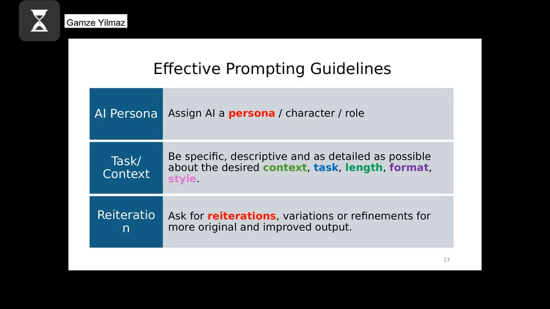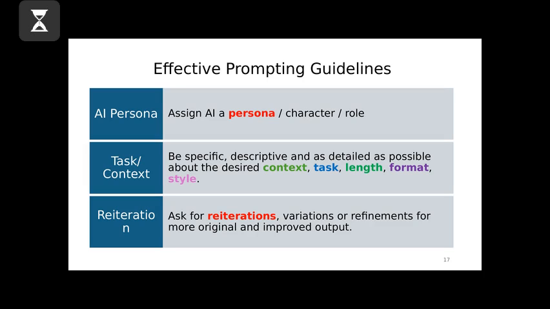So maybe so far when you interacted with AI, you would simply ask a question, right? Maybe you're trying to learn about the theory or write a paper. More often than not, students will say, give me some ideas for writing a paper on environmental communication, right? Or, what is environmental communication? So this is not a very effective way of approaching AI use. We don't want to treat AI like we do Google search. So these are three important guidelines that will improve the outputs of AI.